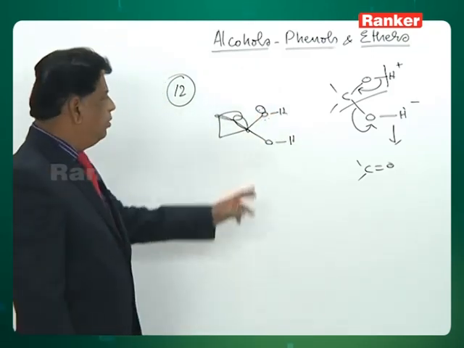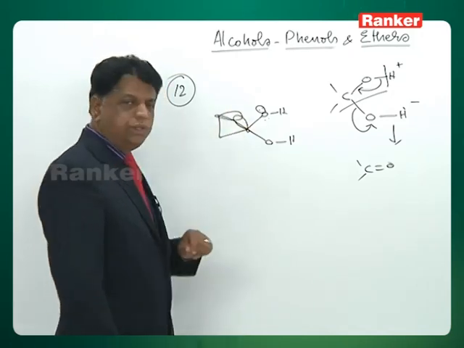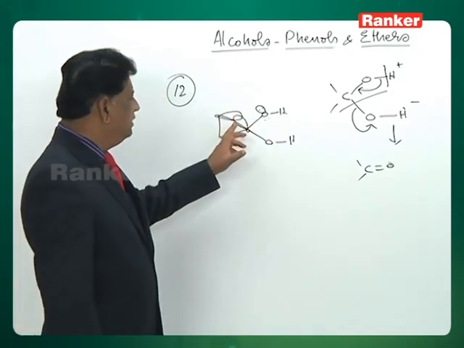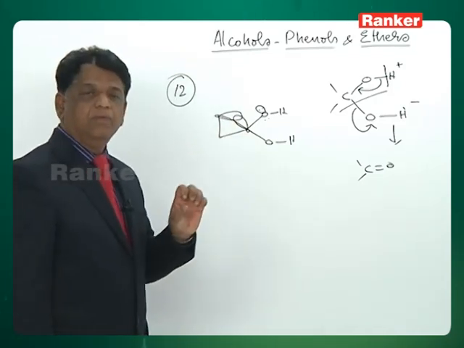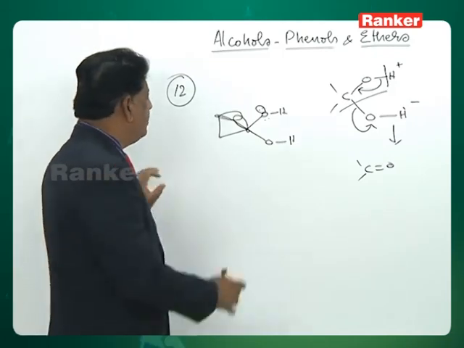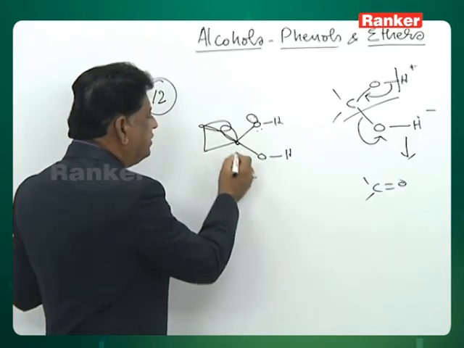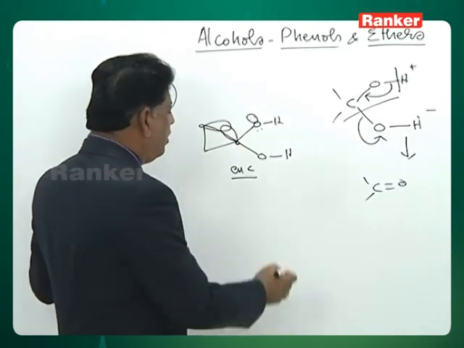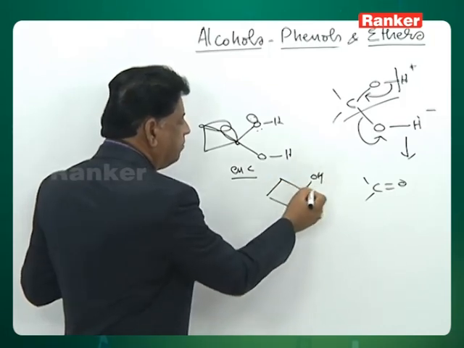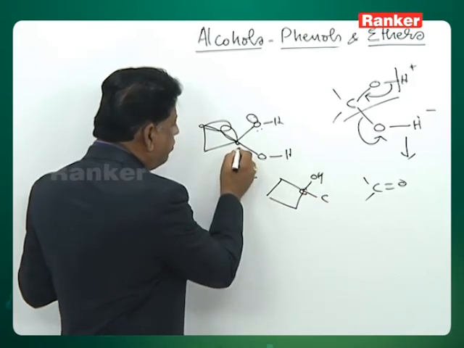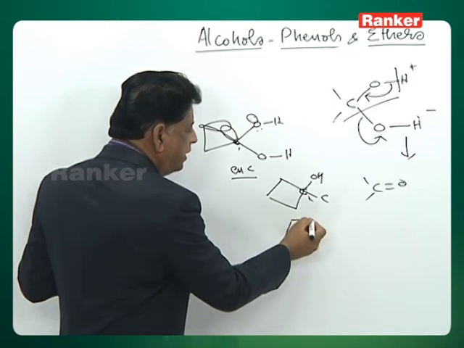So therefore both the OHs will have the binding capacity with this one. It also can be explained that whenever these unpaired electrons are there, the carbon will have a more electron withdrawing capacity. So therefore the electronegativity of the carbon of this type will be more than the electronegativity of the carbon where it is a 4-membered ring with diols. So the electronegativity of the carbon 1, carbon 2 and the electronegativity of the carbon,